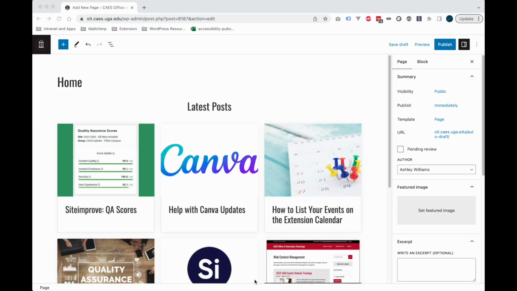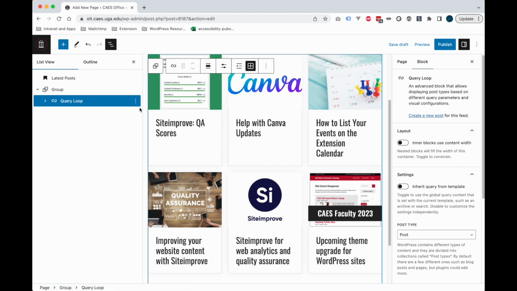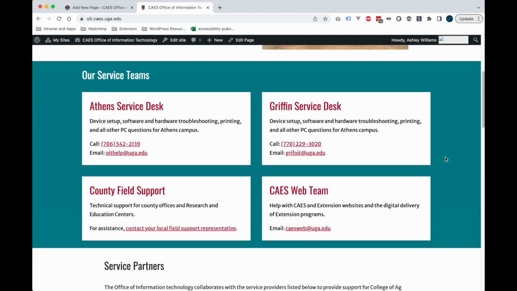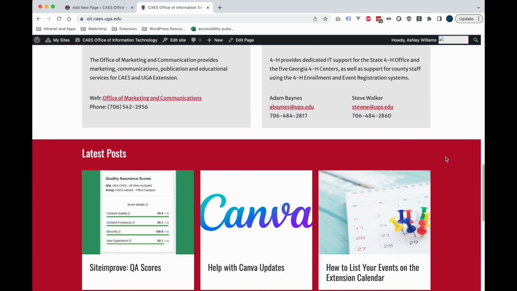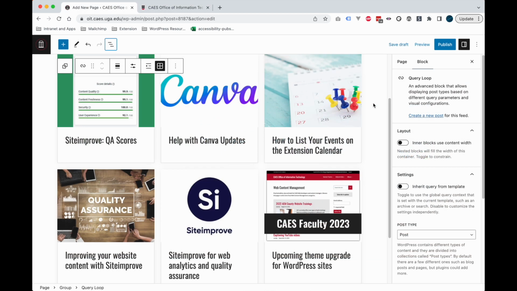Post list patterns allow you to pull in a stylized feed of your posts. These patterns use what is called the query loop block. Query loop blocks let you filter your list of posts by categories, tags, and allow for adjusting how many posts you want to display. These patterns look great on home pages as a way to show your website visitors your latest content. Let's go over how to add these patterns to the page and how to adjust its settings.